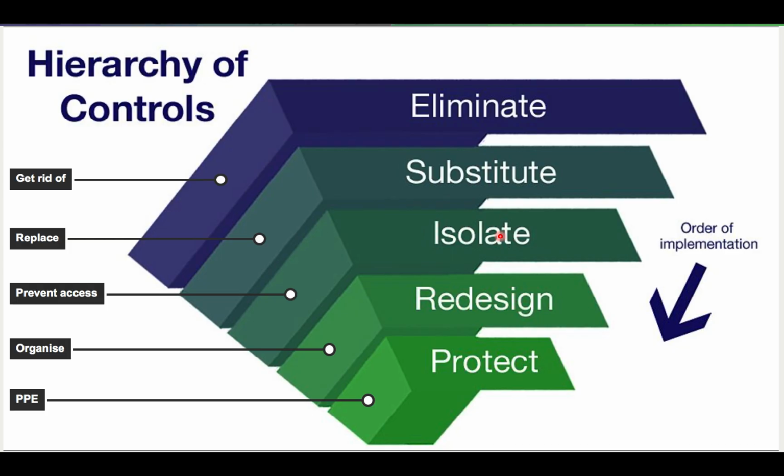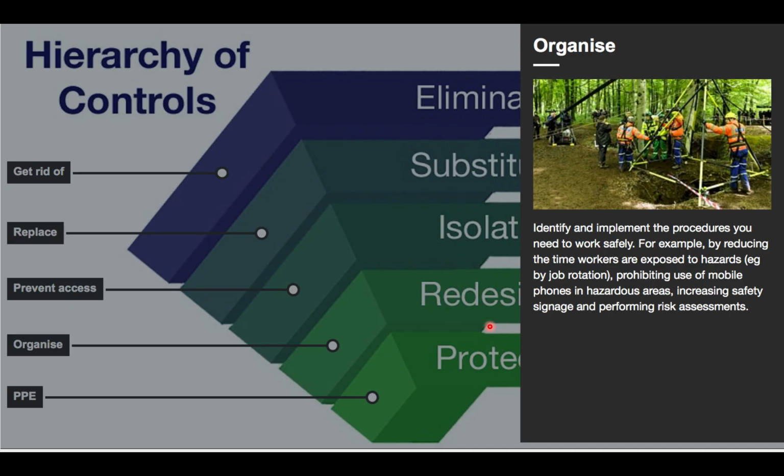Okay, next one, redesign and organise. So it might be thinking about how you could change what you're doing slightly. Maybe thinking about telling people that they can't use their mobile phone in that area because otherwise it might cause issues with the machinery or it could be a distraction tool and they could trip. Perhaps you might want to show people a procedure of how they leave or enter the studio. Perhaps you want to tell everyone the fire regulations and where their access points are, but you organise something so that it is really key.